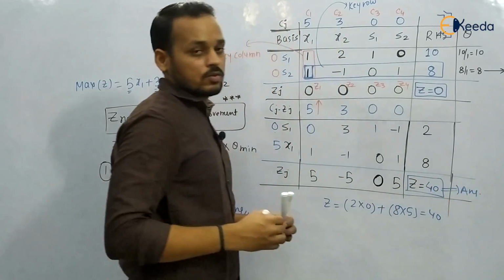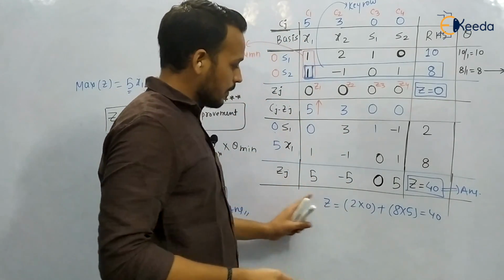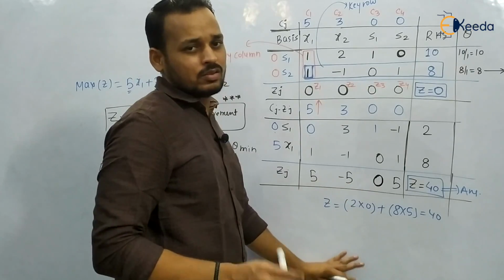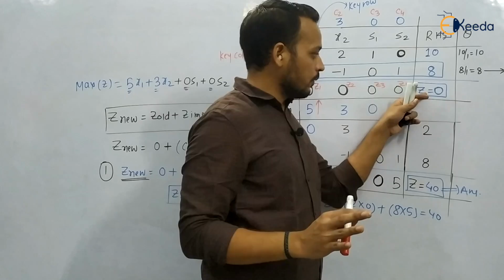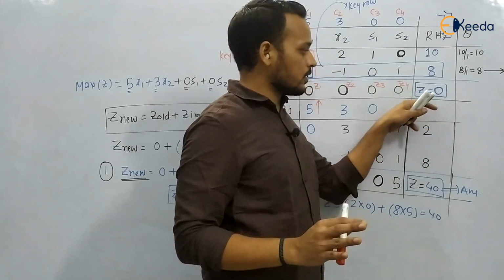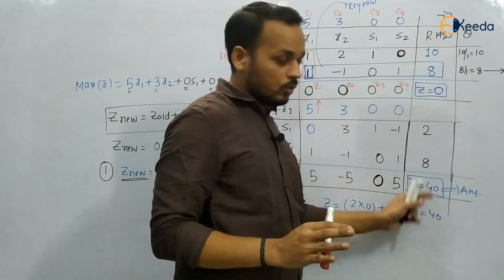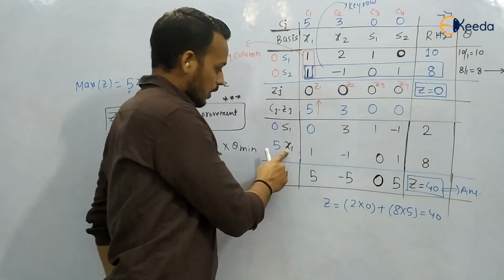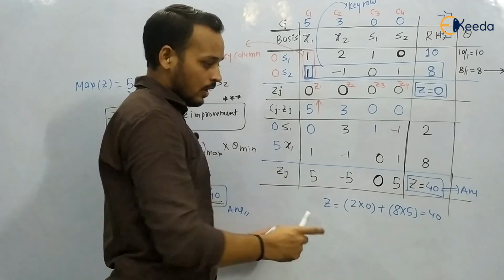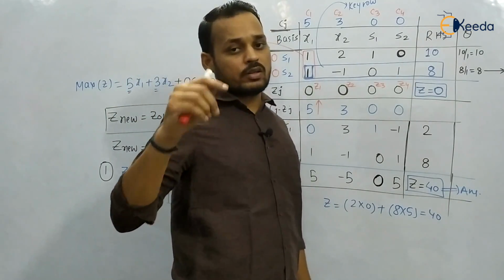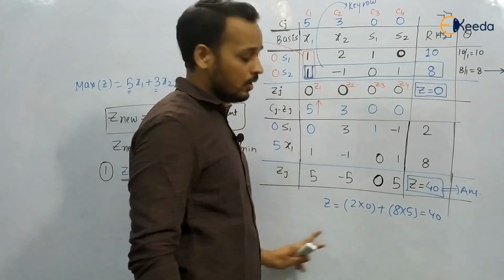So either you can complete the simplex table and find the Cj minus Zj value and solve for maximization. But we don't have to do it. We just have to find the value of z in the next iteration. The first iteration it is z equals 0 and the next iteration is z equals 40. So we can continue up to here because you can see x1 we have got, but again we will calculate Cj minus Zj and check whether each value is either 0 or negative. Then we will stop here. So we will calculate Cj minus Zj here and we will check it.